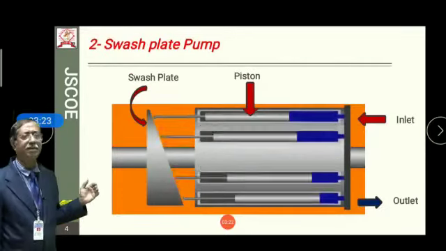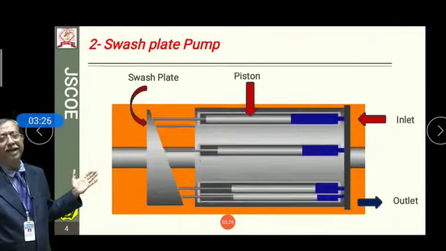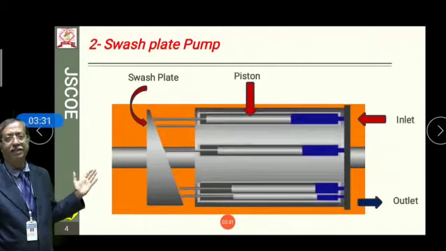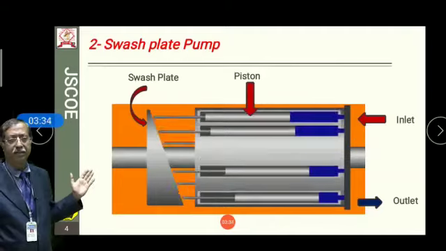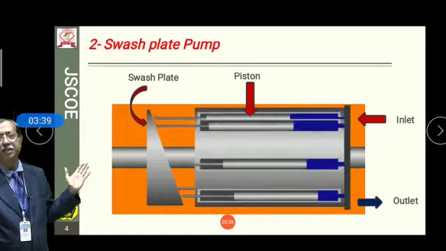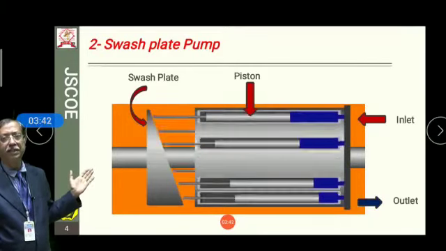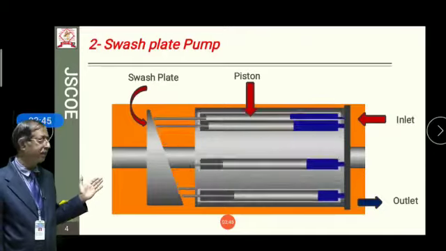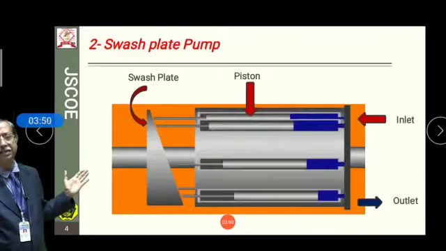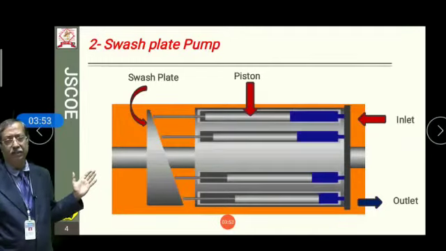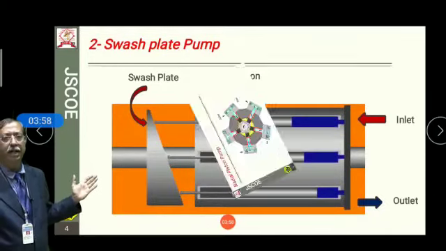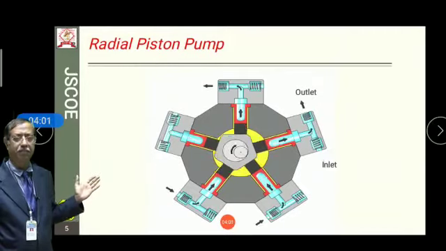The second type of the piston pump is the swash plate piston pump, in which the swash plate is actually attached to the pistons in the cylinder blocks through the springs. When the pistons are again in the retract mode, the suction area will be developed, due to which the fluid will rush inside the piston area, and when the pistons are in the extend mode, they are discharging the fluid with high pressure through the outlet. So, the operation of these swash plate piston pumps is very similar to that of the bent axis piston pumps.